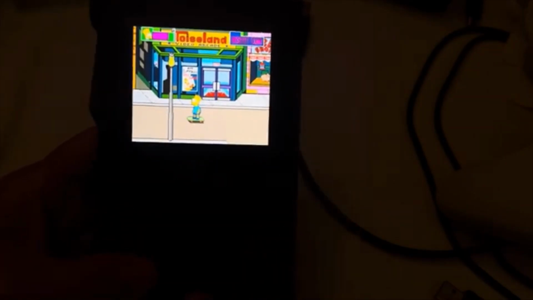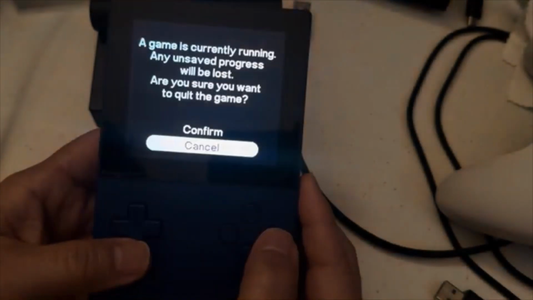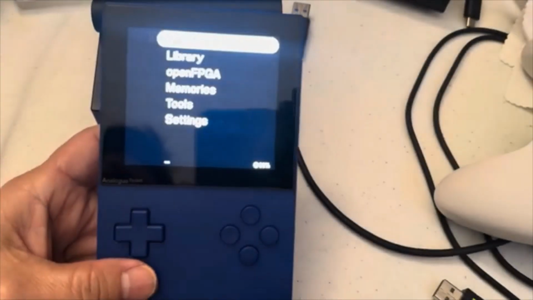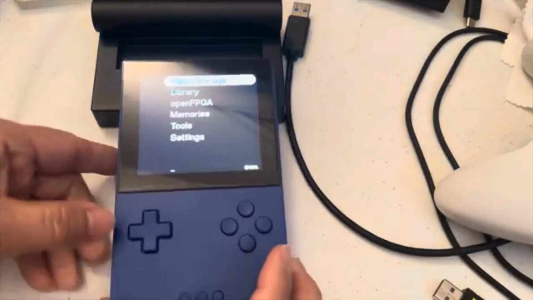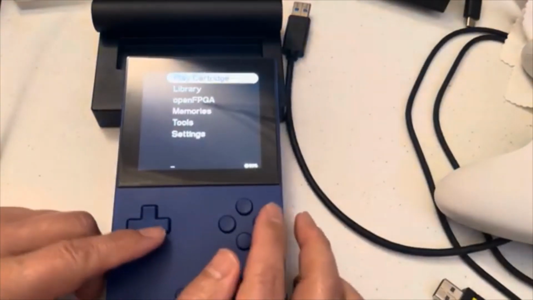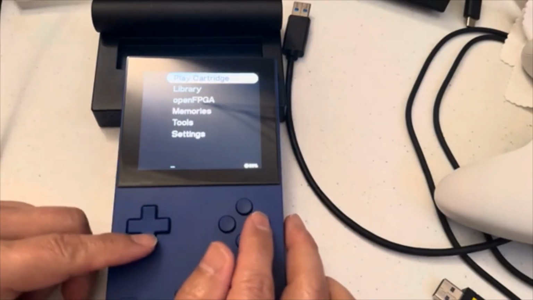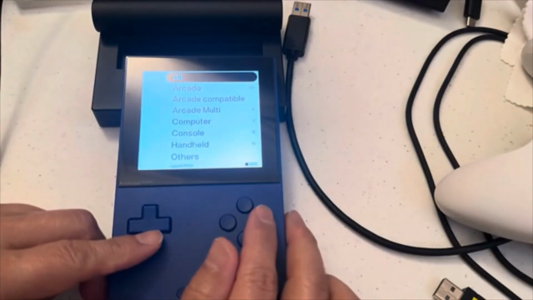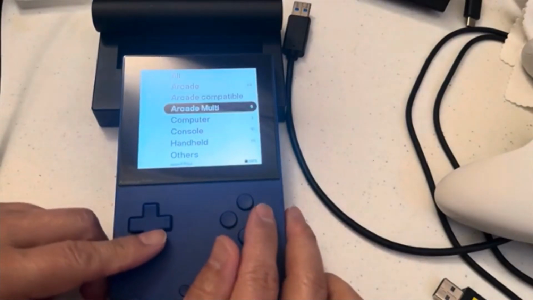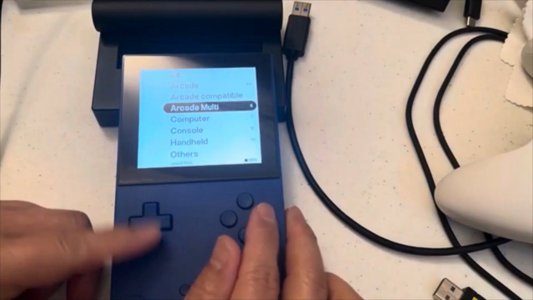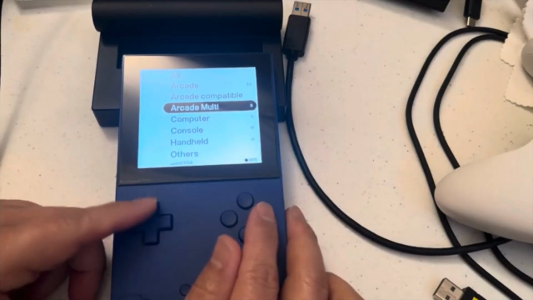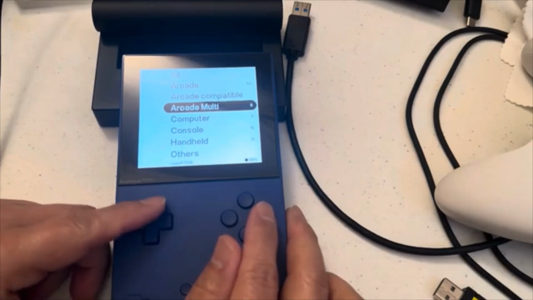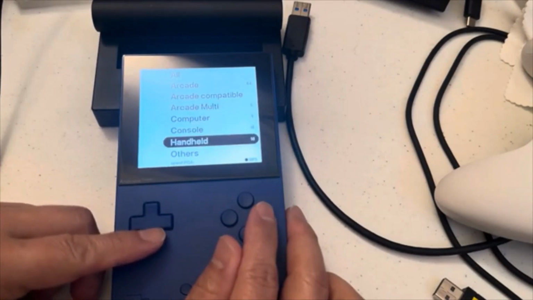Okay, so let's get out of the game. That's pretty cool. So even with the latest download and the patches, that game wasn't included. So the 2.42 wasn't included. So let's see if we could get this other one. What I did is I modified the MRA from the Simpson, and I created